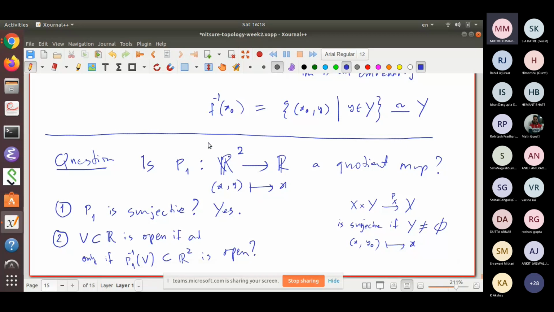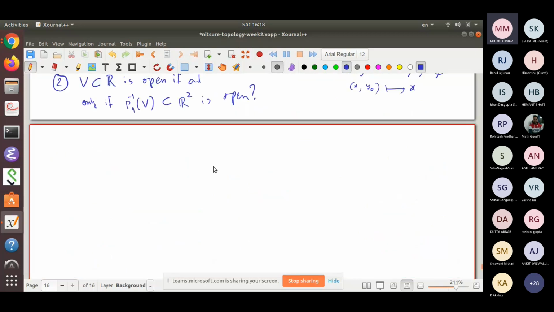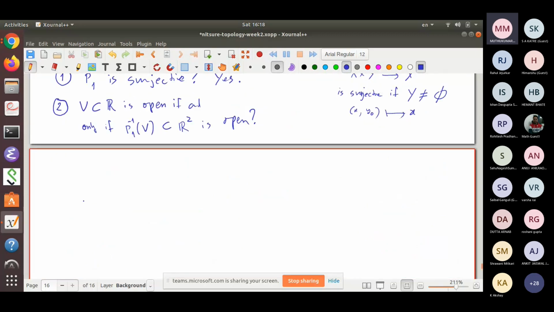So for that you have to say yes or no. Of course P1 is continuous, yes, it is open. Therefore, if V is open, then P1 inverse of V is open. Now about the converse,